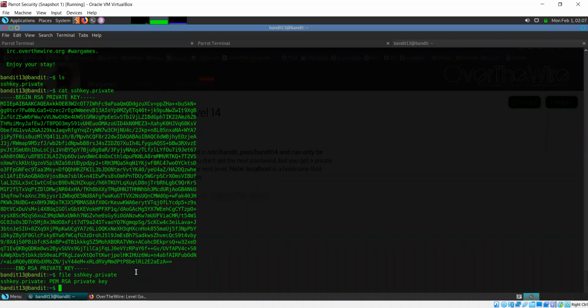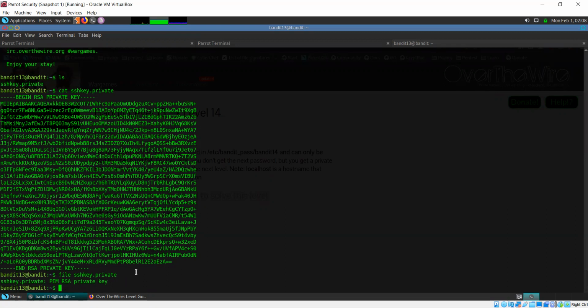So how do we use this? No idea. So all you need to do is log into SSH using this file without a password.